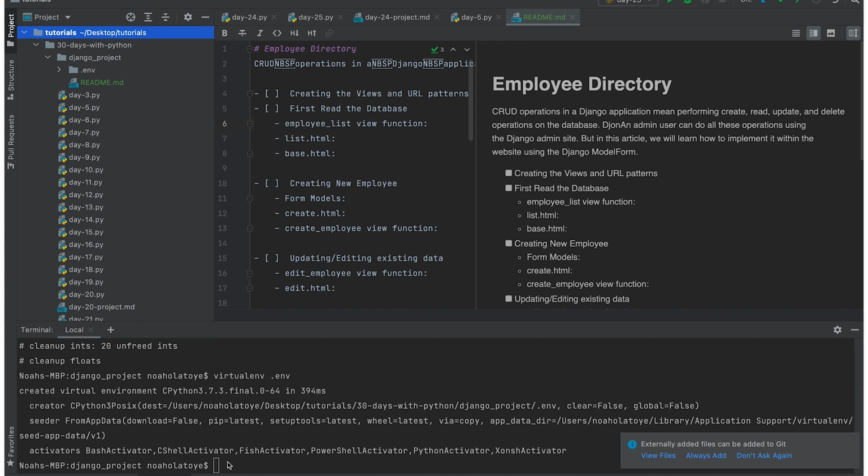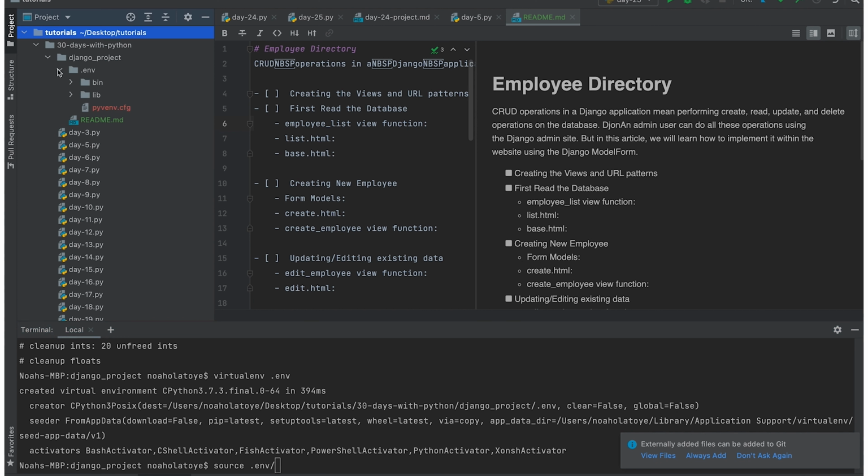And for us to install Django, we need to activate this virtual environment. So to activate the virtual environment, I'm just going to say source .env. Source is like a keyword that allows you to reference whatever activation you want to do here. So we're just calling the keyword source. Then we are going to be referencing this very folder, which is .env. Then /